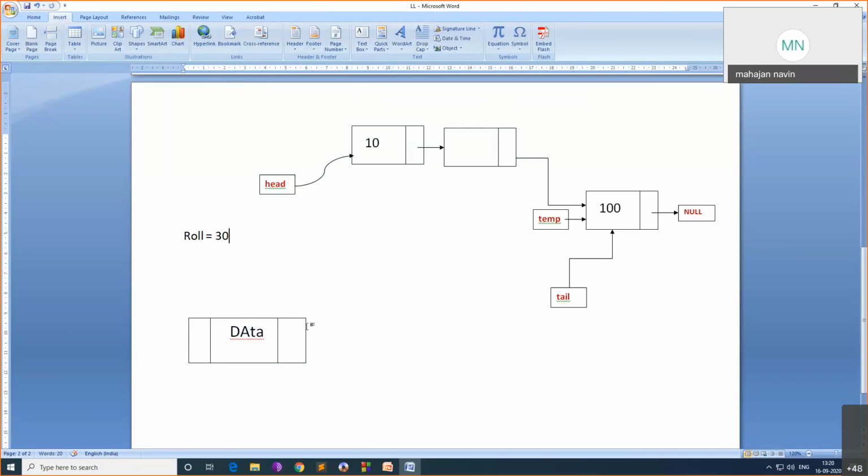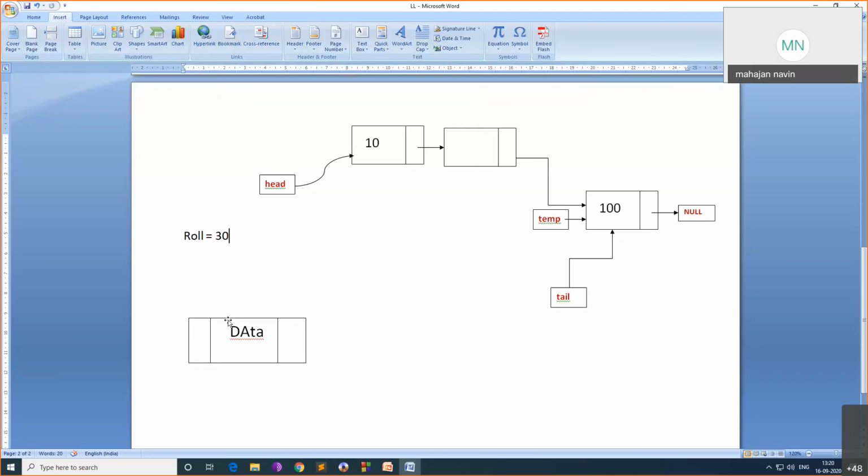Okay, so this is data. Now data is roll number here. I have taken a very simple data, roll number. It can be floating point, it can be character, it can be a whole student record, a structure, it can be anything. A node can have any type of data. For our understanding, I have taken the easiest, simplest data, which is integer.